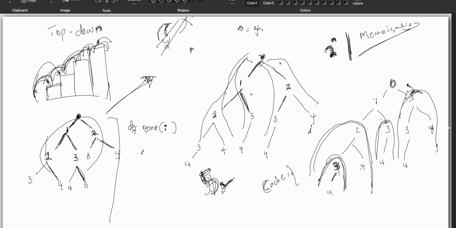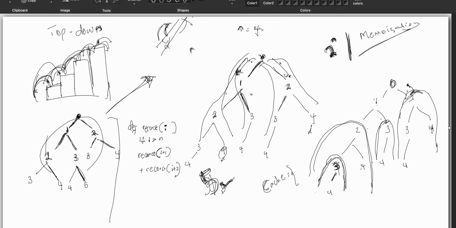What this will do is call the function on I plus 1 and add it to calling the function on I plus 2. Basically I'm going here and here, and I want to add the result this gives me and the result that gives me. So in my base case, let's say